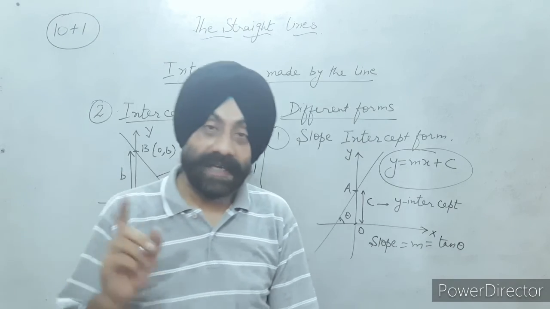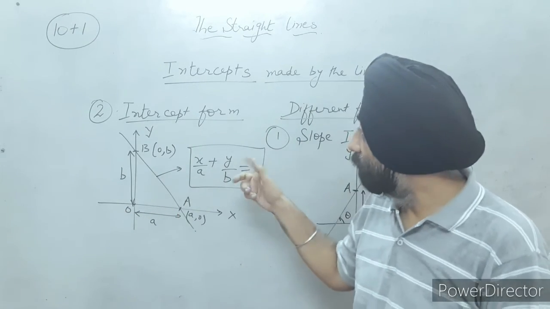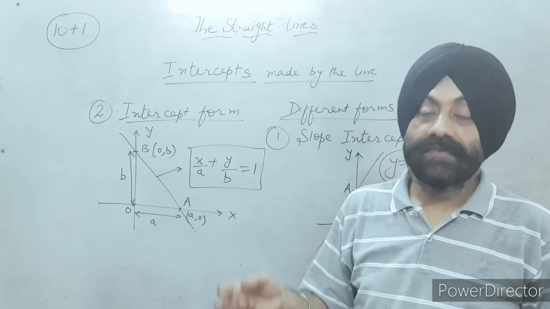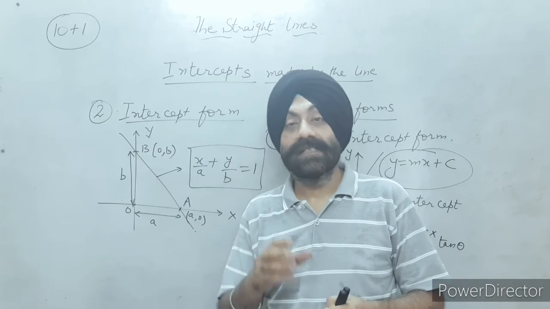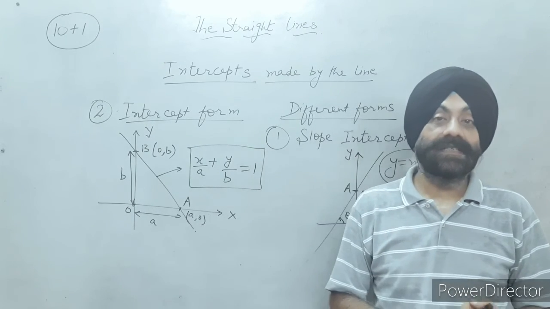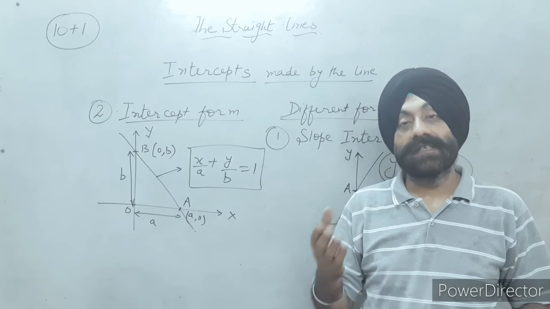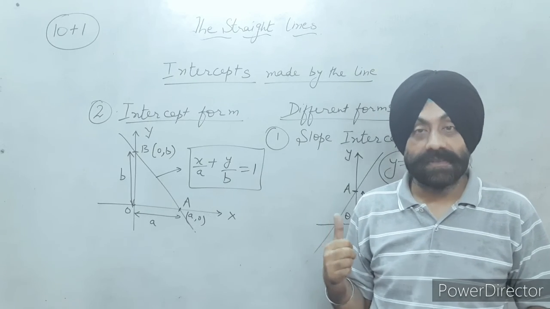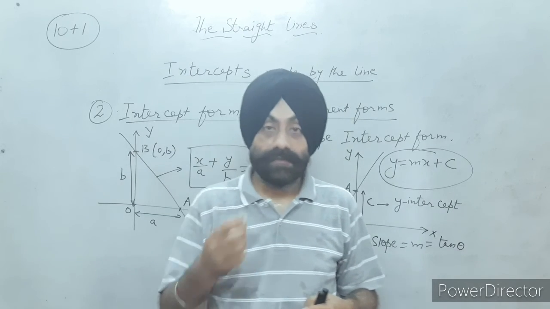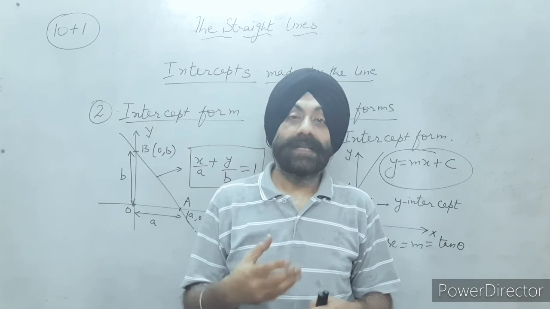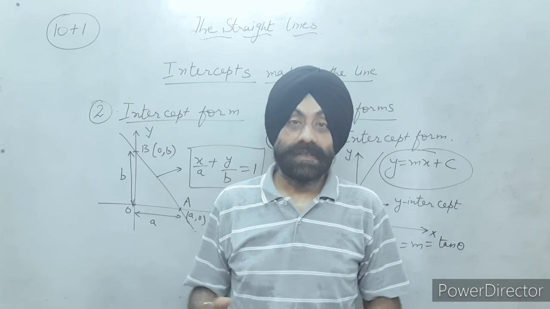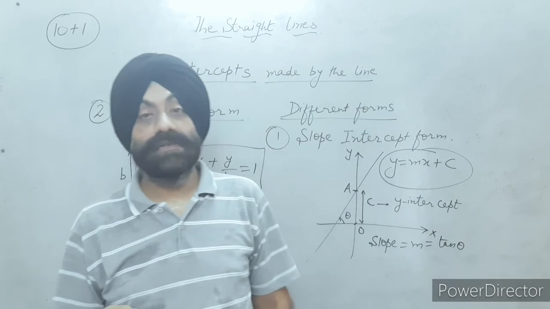Till now, revise the topics which I have covered, that is the basics. Theta is the inclination. If I want to find the slope of a line, m equals tan theta is the slope of the line. If the lines are intersecting, then how to find the angle between those two lines? That was given to you: tan theta equals (m1 minus m2) upon (1 plus m1 m2). The sign is positive if the angle is acute, and negative if the angle is obtuse.